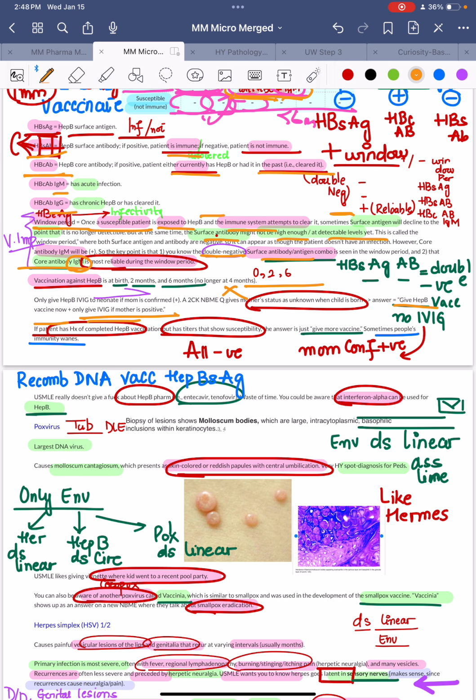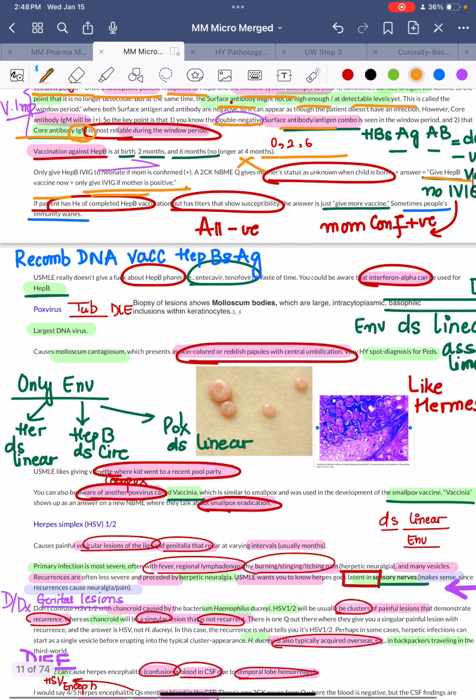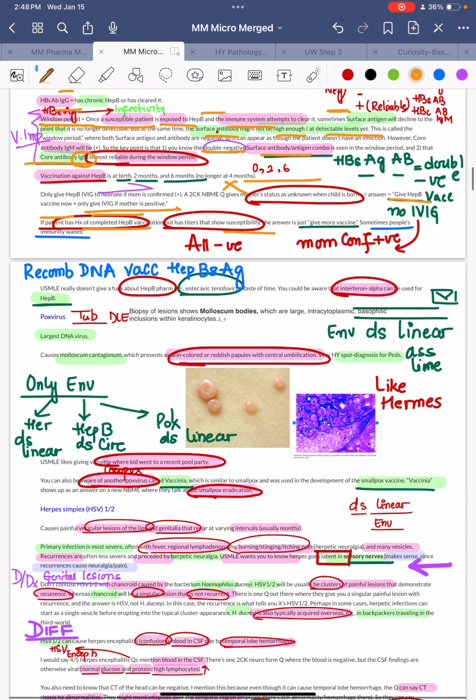So IVIG is not a given that you just have to give regardless of the status, right? But if they say that the mommy is positive for Hep B, then of course the baby is going to get the vaccine along with the IVIG, right? And if the patient has a history of a Hep B vaccination and his titers now show that he is susceptible, then simply, of course, it means that the